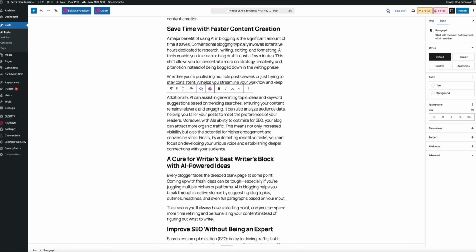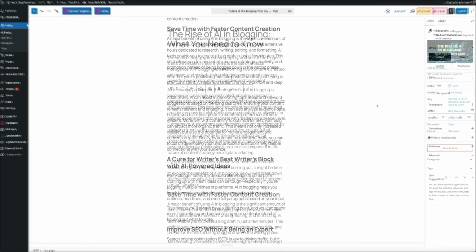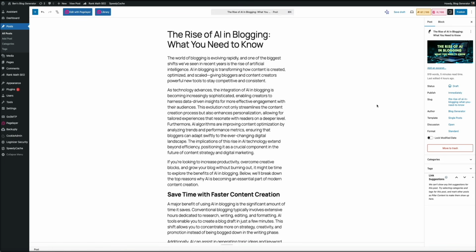And as you can see here, the final result blends seamlessly with the rest of the post, creating a stronger, more comprehensive section, all without leaving the WordPress editor. This is one of the biggest advantages of using Content AI. It gives you the power to improve, expand, or rework your content instantly while maintaining your creative flow right here